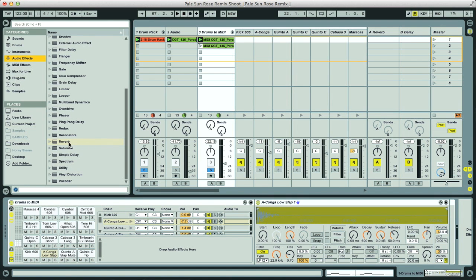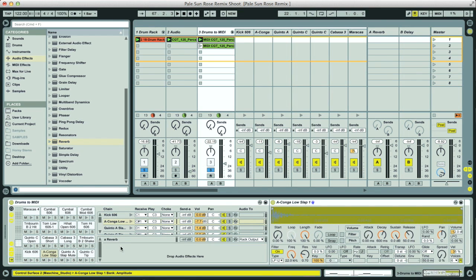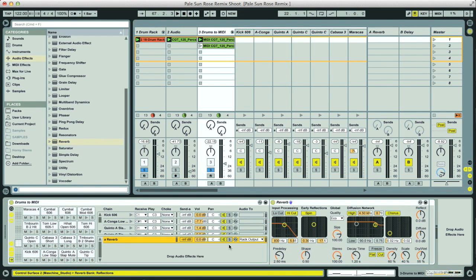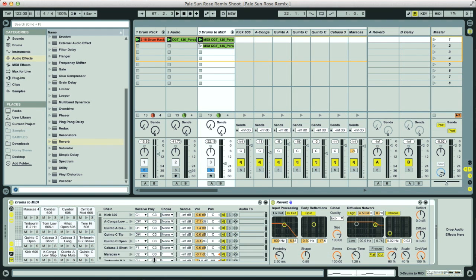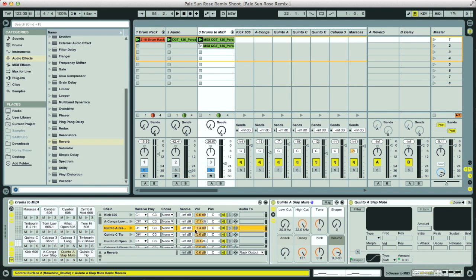So we could take a reverb, drag it down to the return section, make sure it's set fully wet. And then making sure the sends is on here, we can use these send sliders to send any of the drums to that reverb. I think it's this highest frequency kind of rim tap sound which has the most reverb on in the original loop. So if I turn that up,